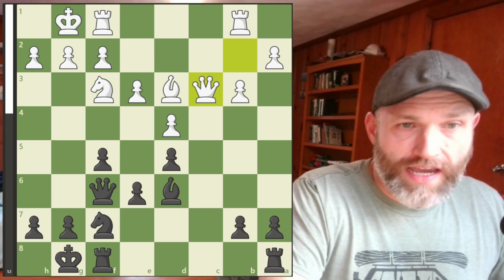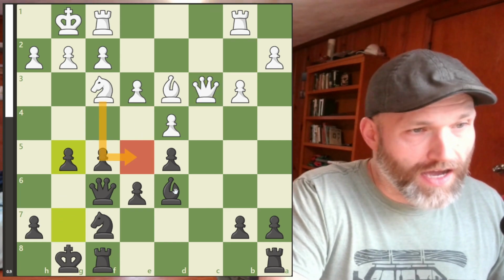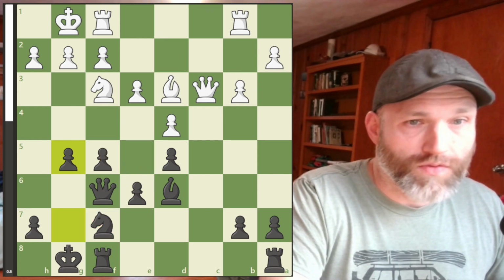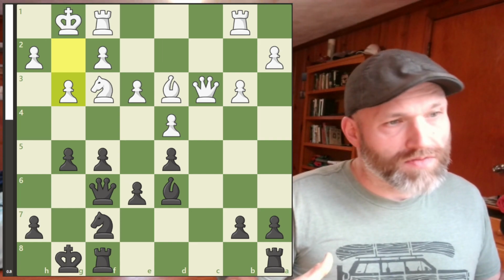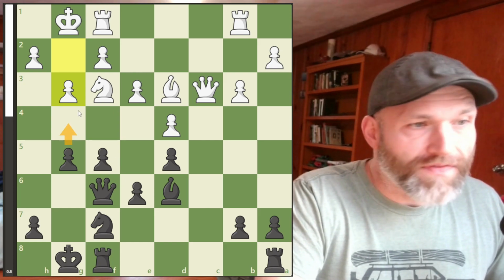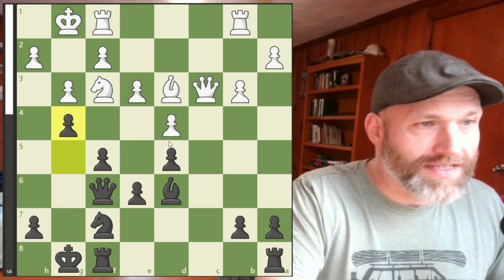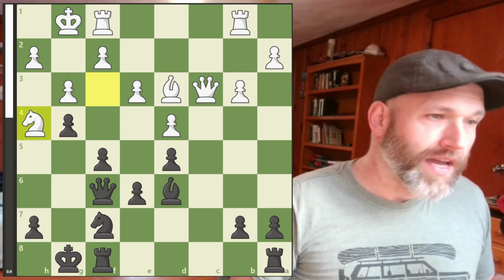And white took the knight, of course, and now g5, because this is not possible, because it simply loses a pawn. We have tremendous control over this e5 square. Now g3 happened, and this is sort of the first moment where I really went awry. G4 is the strongest move, and I definitely considered g4 as an option here, but I didn't like it because I thought the knight's going to go to h5, and then I didn't really see a clear path forward for how to attack,